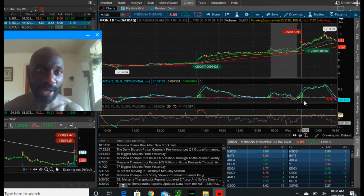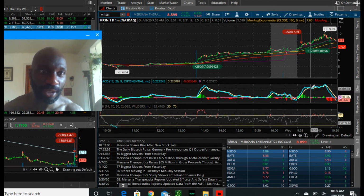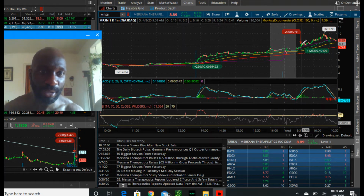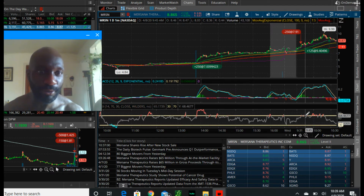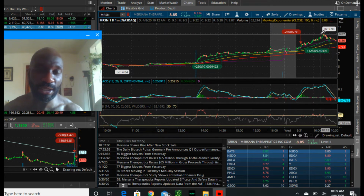I wish I did, because as I look at the MACD, it was suggesting that it was going to come back down after it hit its peak, and it hit a peak, but went through that peak, and just traded right around the overbought, and then continued to trade sideways as it was grinding higher. And I had an idea that it can go to 9, but I didn't think it could go to